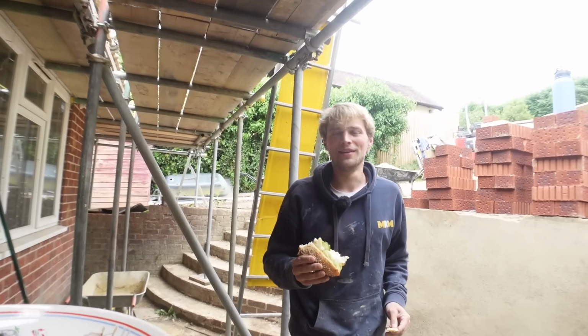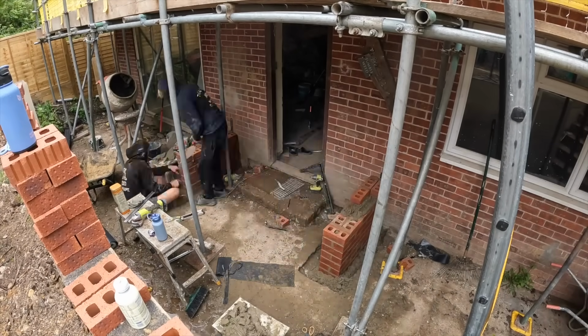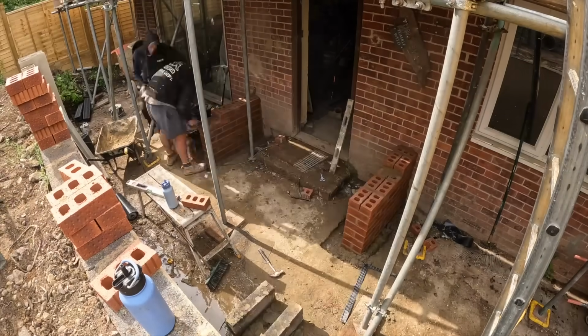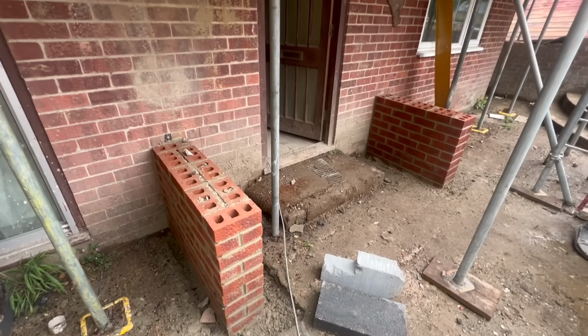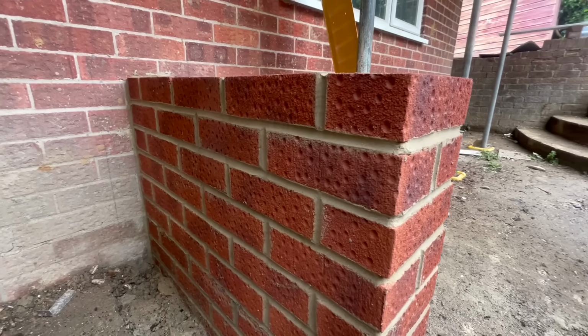Thank you. And now with the boys' bellies being full, they were ready to finish these two walls by the end of the day. I think it's going to look so good with the white render on the house, the grey-green windows, and the